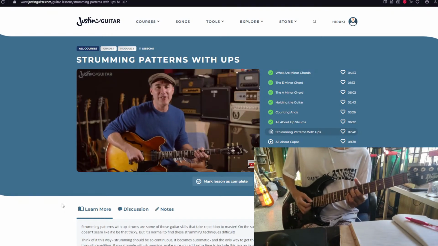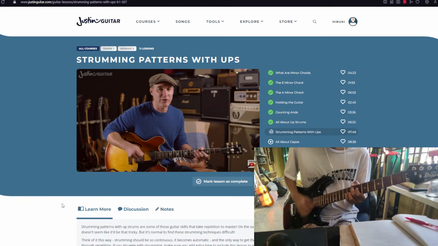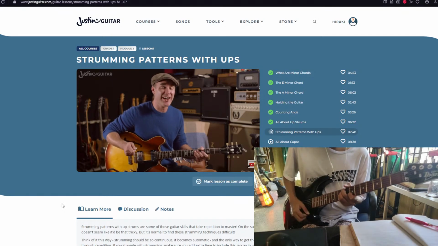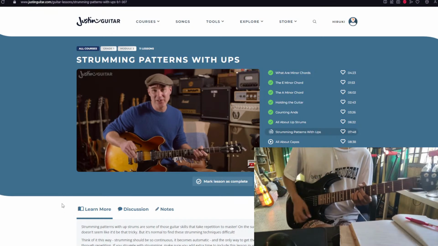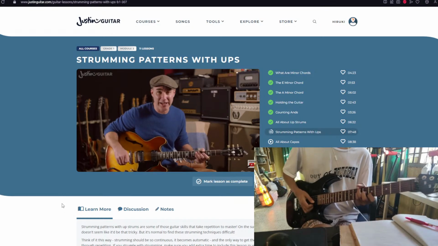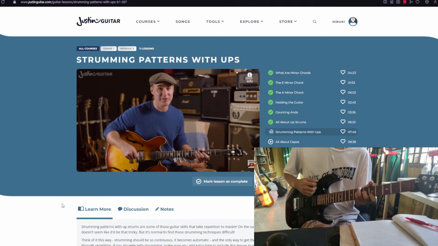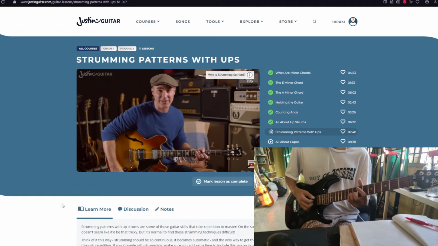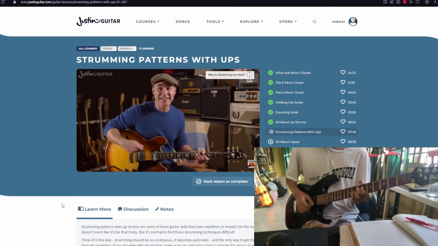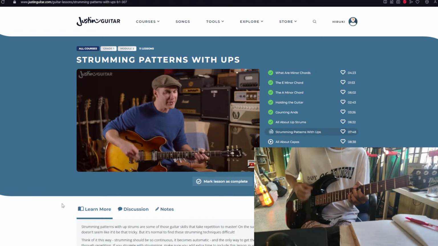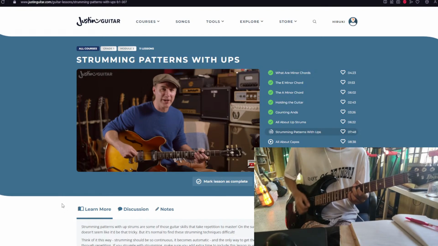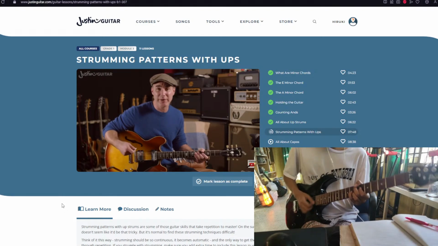Do remember to be forgiving of yourself if you're finding this a little bit difficult. For most people, strumming is the hardest part of learning guitar. Finger pain, yes. Chord changes, yes. But strumming, everybody has a bit of fun with strumming, trying to get it in time, not stopping and all of that. With strumming, it needs to be continuous and you need to be able to keep strumming even if the chords go wrong. So strumming really wants to become an automated part of the guitar journey, and the best way of developing that is